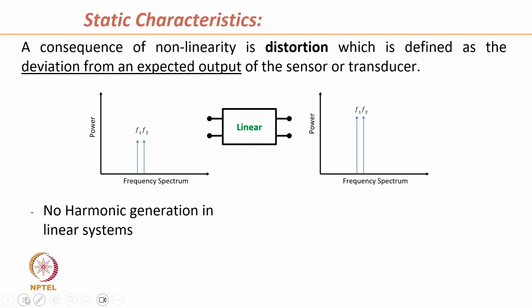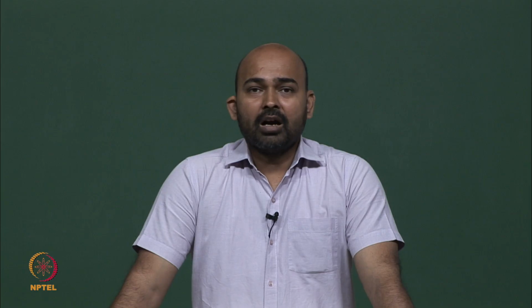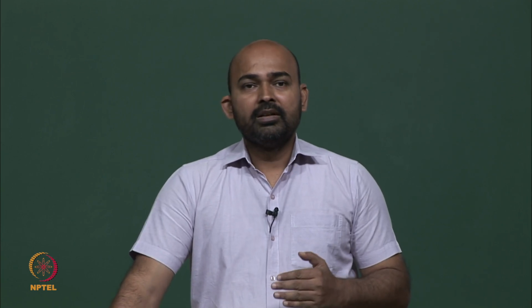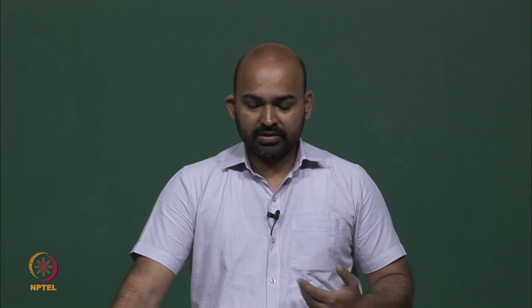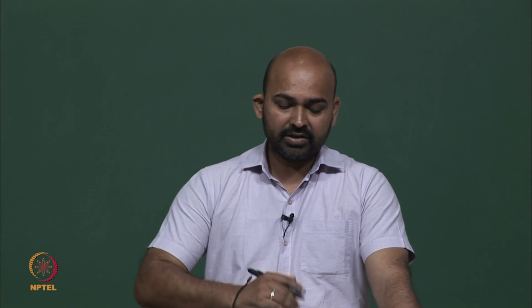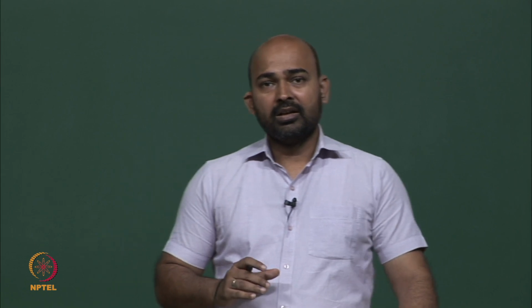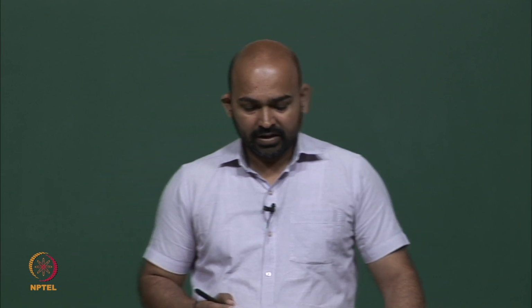A consequence of nonlinearity is distortion. So, when the output of a sensor deviates from a straight line output, then it produces distortion, which is defined as the deviation from an expected output. So, let us understand what is nonlinearity. So, consider a linear system